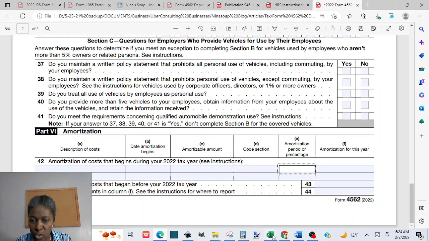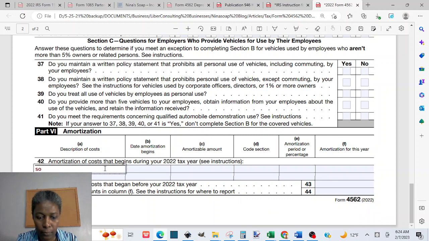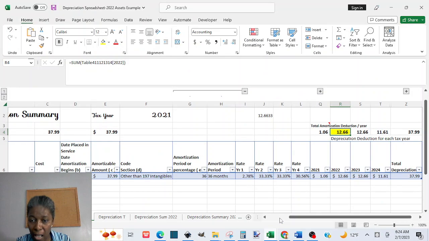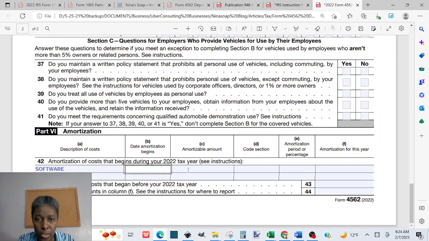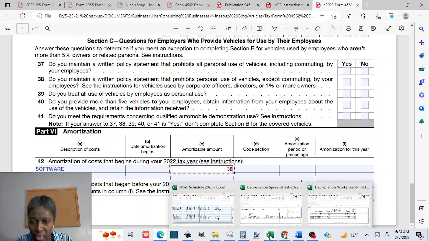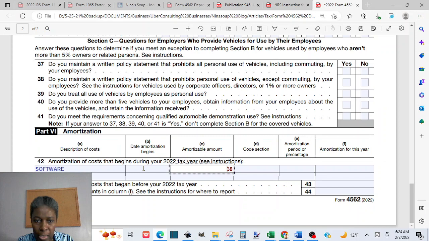If we go back to our spreadsheet, let me just put an example here. Let's say, that software that I tried to, it's not a good example in this session though, since they recommend you depreciate it. But let's put that in as 37.99 just as an example, like if it was purchased in 2022. So 37.99, that'll be 38. Amortization begin 11/27,